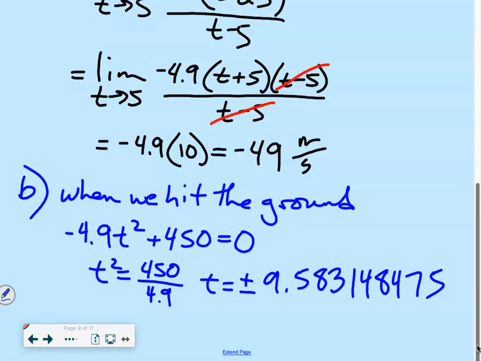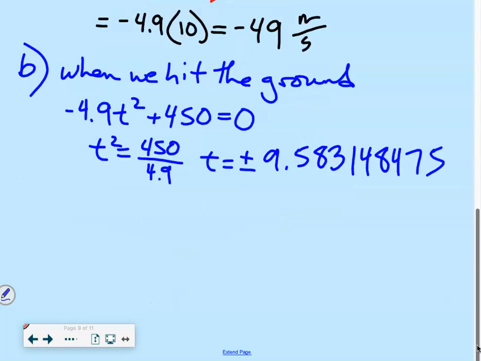So if you can't round in the middle of the problem and you have to do a limit and your A is 9.583148475, right? No one on earth wants to write 9.583148475 the 26 times you're going to have to write it to do the limit. So instead, here's what you can do. On quizzes, on tests, on the AP exam, the College Board does this all the time. You just say, hey, let A equal